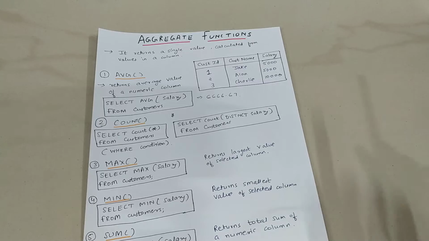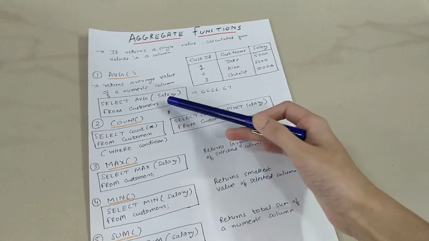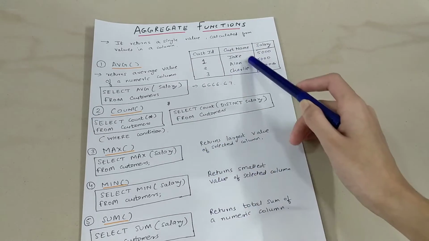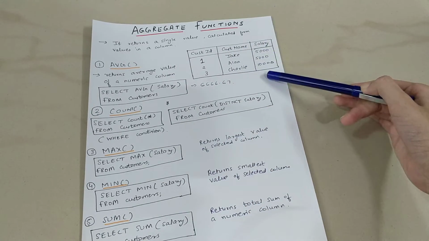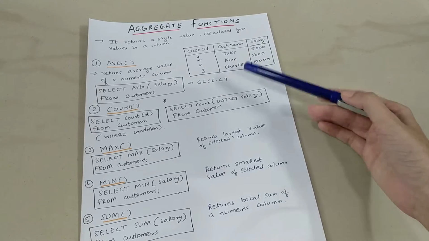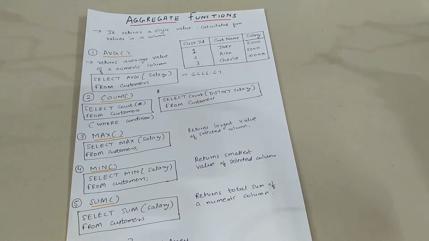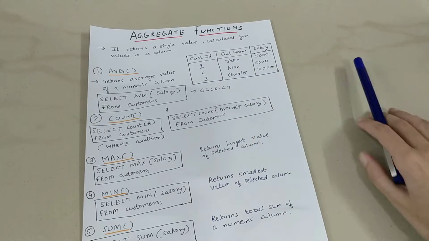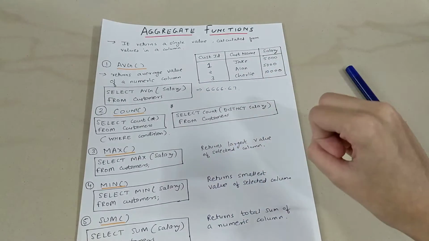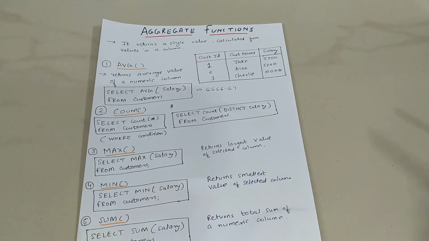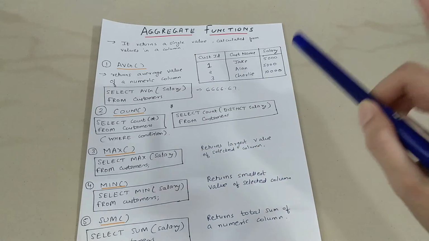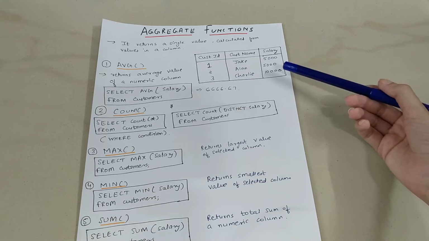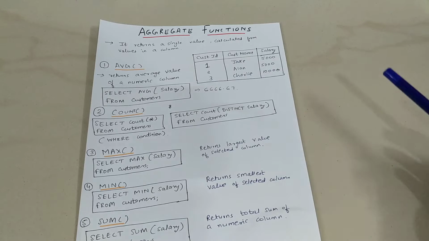And we want to calculate the average or the count, basically the number of values in a particular table, or the maximum value of a particular column from this table, or the minimum value, or the sum of the values of a particular column from this table. We use aggregate functions. It is aggregating, it is combining the values, or not only just combining but returning one value from multiple values from a particular column in a table.